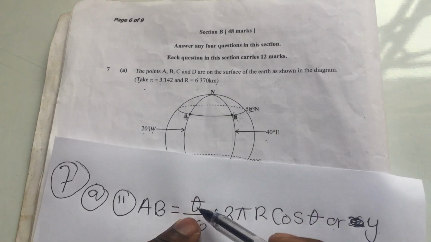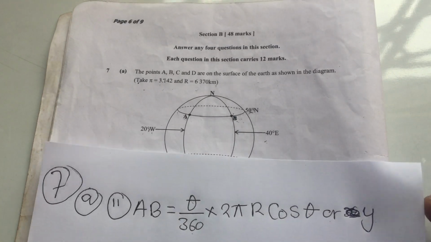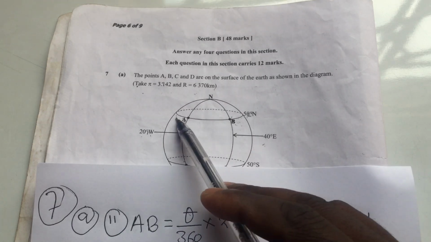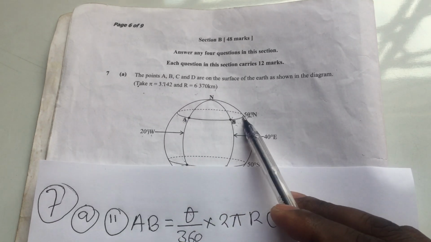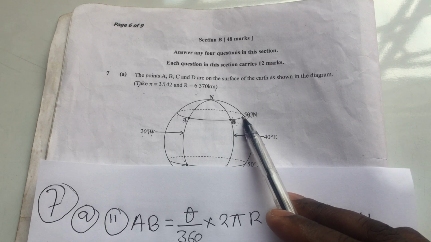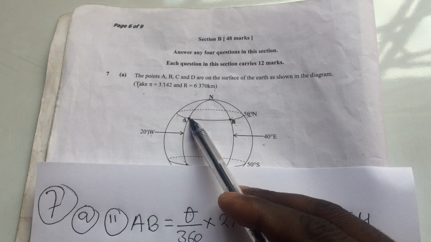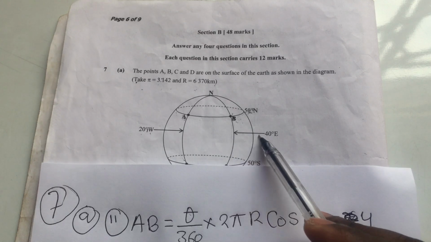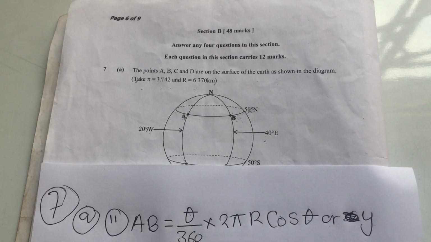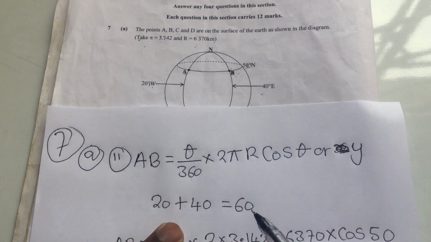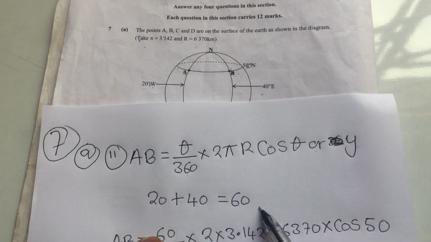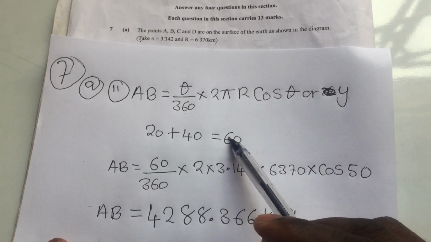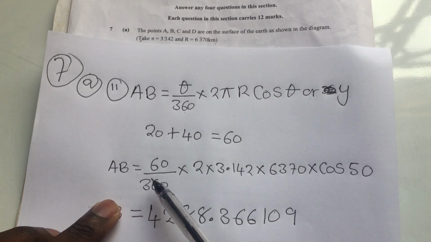How do you find the angle to put there? Since this is distance along latitude, you add the longitudes for the letters. The longitude for A is 20, and the longitude for B is 40. You add 20 plus 40 and you get 60. Since you know the angle is 60, AB is equal to